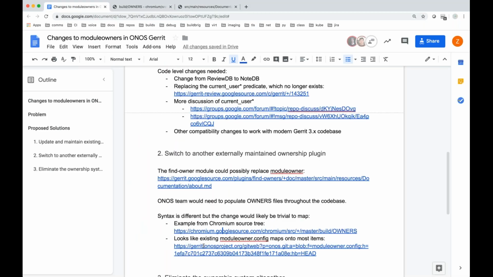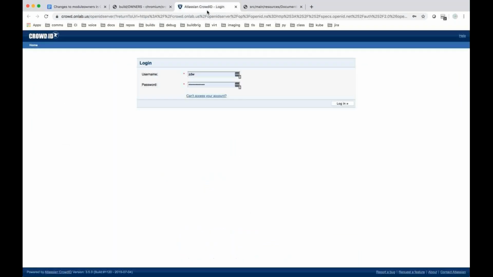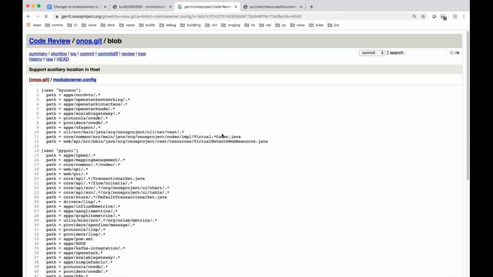And the existing module owners config file, when I log in, it has similar paths. In these paths, you need to make owners files, and that would be used by Gerrit to set the owners on those, or who would be allowed to review and approve those patches. So that maintains